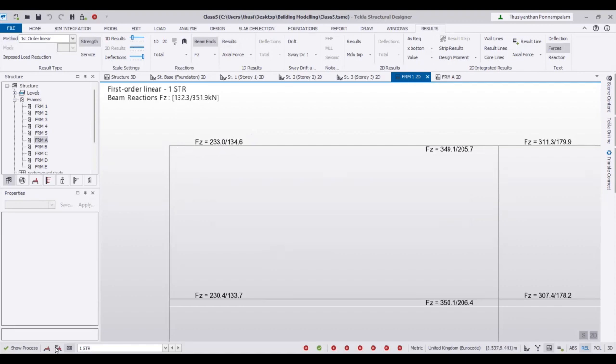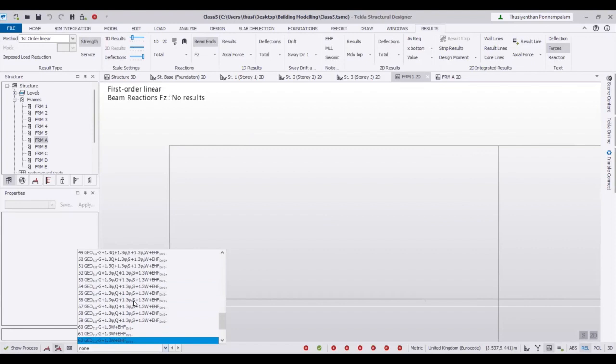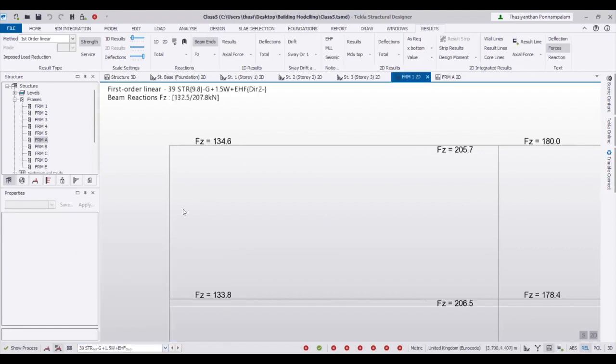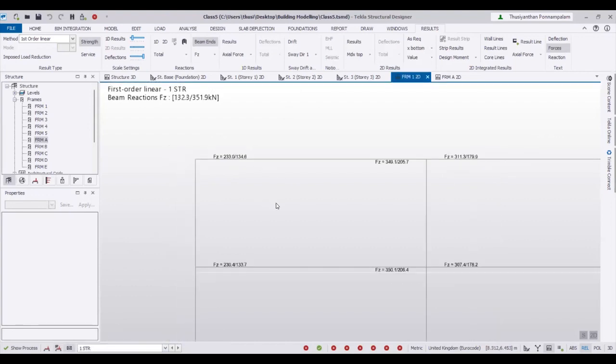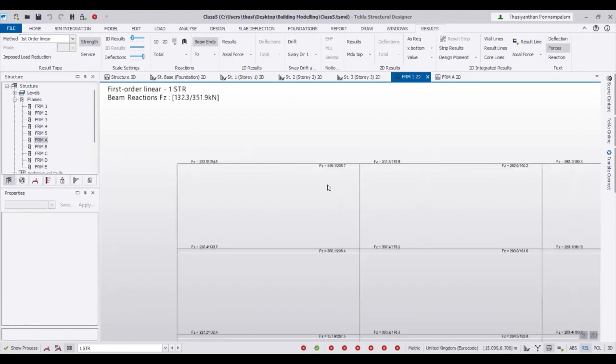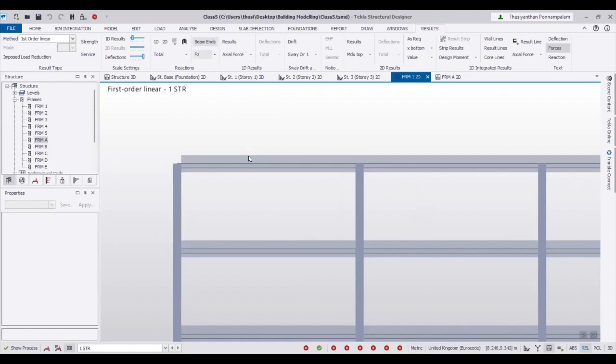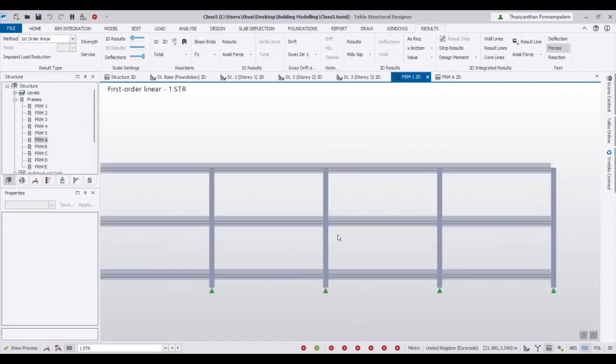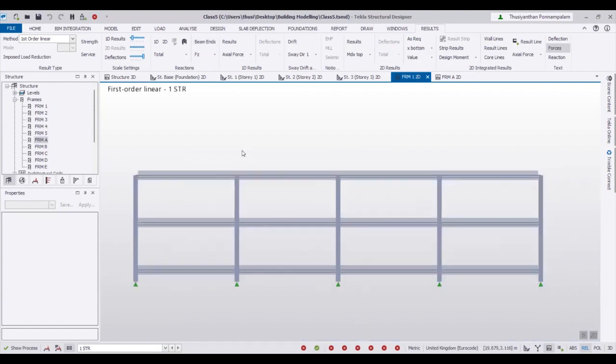So if you choose any single combination, then you get the absolute value. It's just one value, right? You can see only one value, but when you choose the envelope, you always see two results. That's what you have to keep in mind. So this way, if you are doing the steel design, you can extract your forces from this analysis. Similarly, if you want to do the pile design or anything,